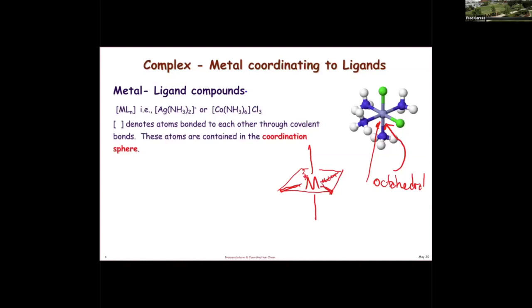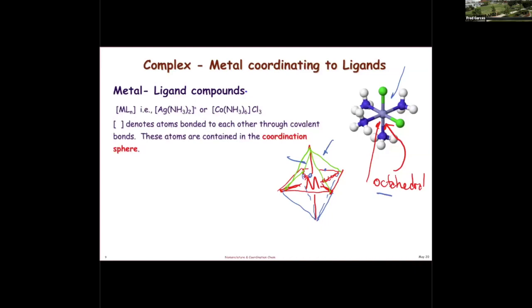And the reason why it's called octahedral is because if you connect all of these, what you will have is eight faces. 1, 2 in the back, 3, 4, 4 on top and 4 on the bottom. The 8 faces gives you the octa prefix. It's an octahedral geometry. Okay, so this is an example of an octahedral geometry compound, and the ligands that are